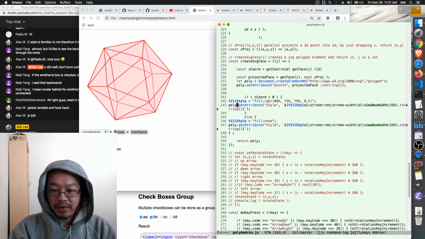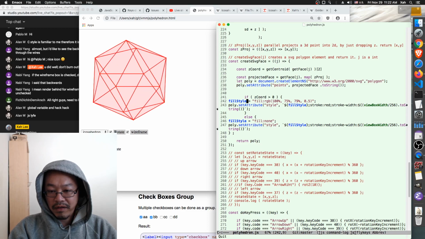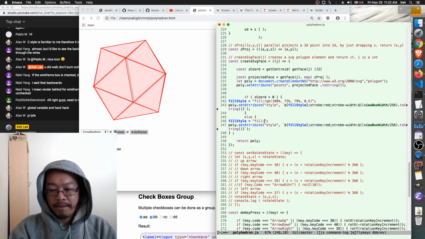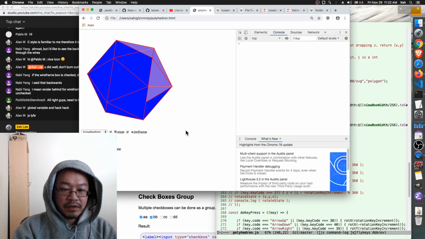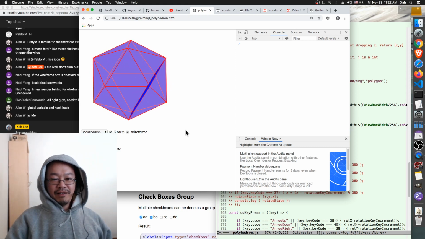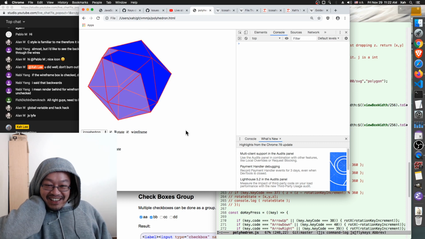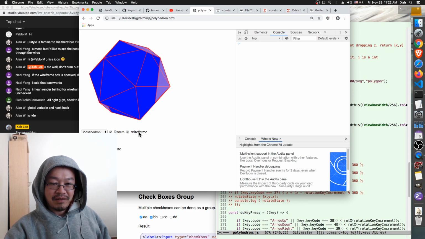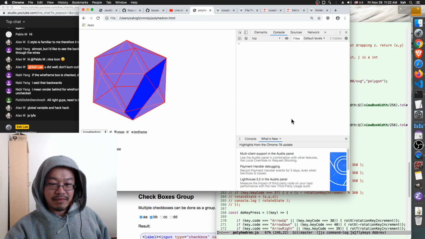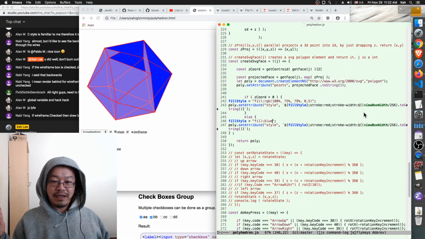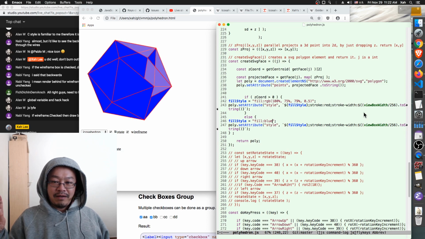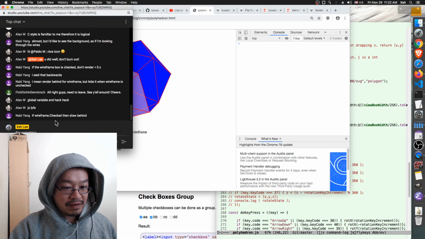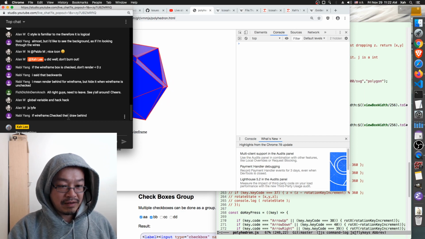We cannot use global variables because this is global. Refresh. Oh, there it is. We are seeing something. This is another interesting effect. No wireframe. Wireframe doesn't matter. Oh, I know why. Yeah, I think I know why. Anyway, it's a bit complicated to explain. Yeah, I see. I know what you mean, Nabi,